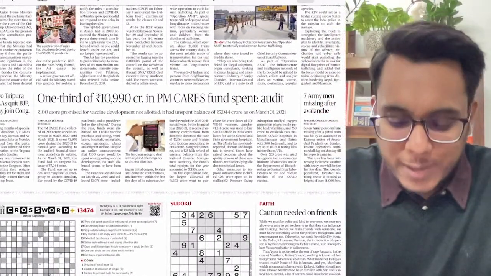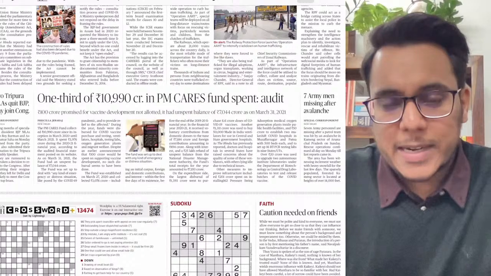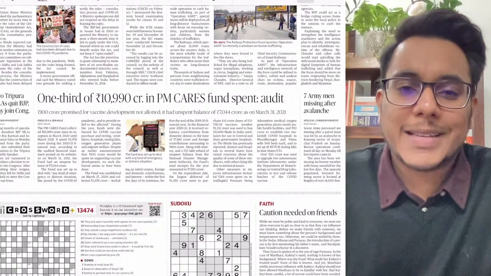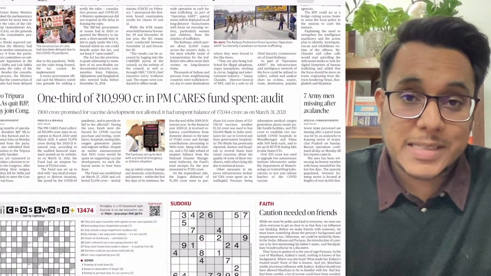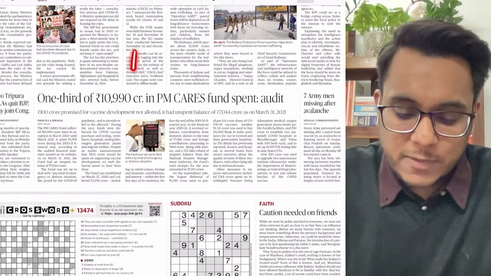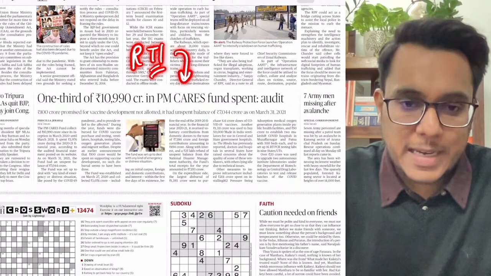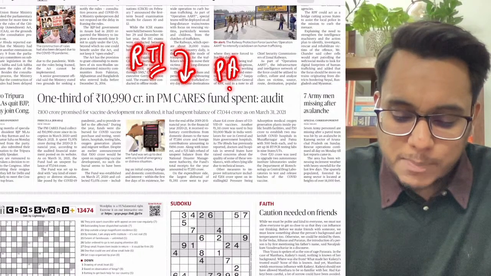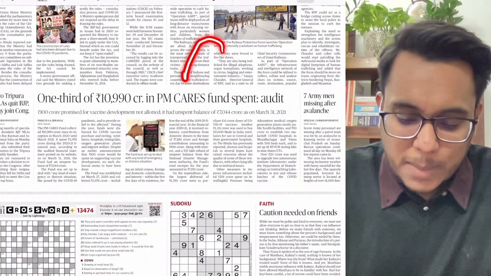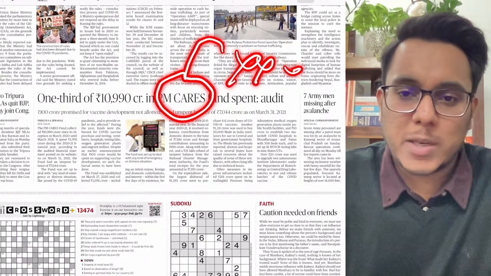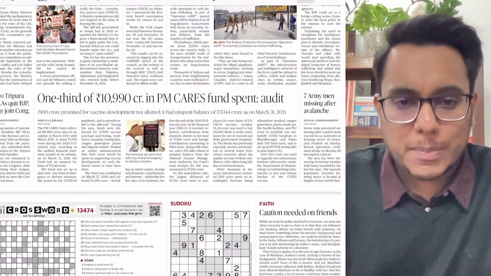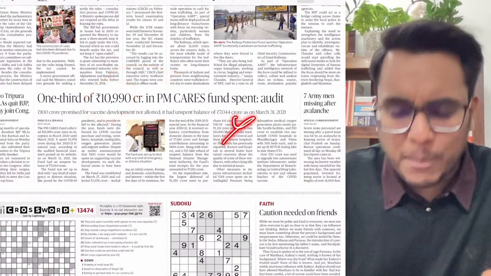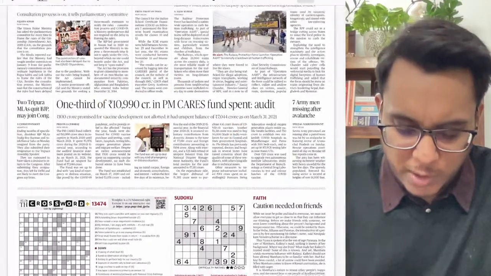Okay, now see, when we talk about the PM Cares, basically in 2020 there was a controversy around the PM Cares fund. The controversy was because the government said that you cannot ask us for information with respect to the PM Cares fund under the right to information, RTI. Why? Because under the RTI you can ask for information only about public authorities, and the government held that the PM Cares is not a public authority, you cannot ask. But still the money has been provided, and this much money has been collected. Okay, now not important, where, how much money used, not important.